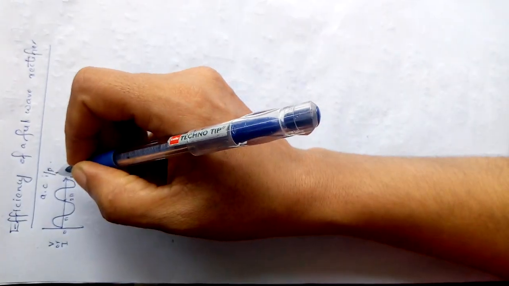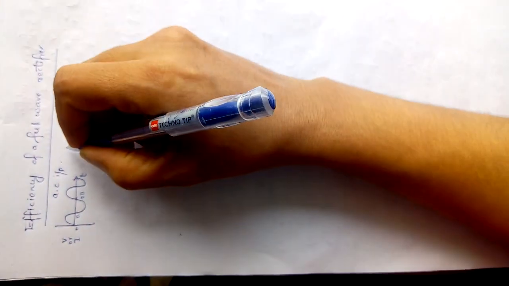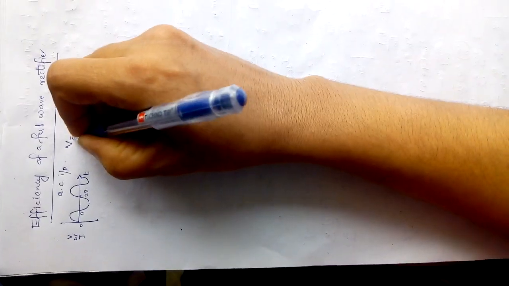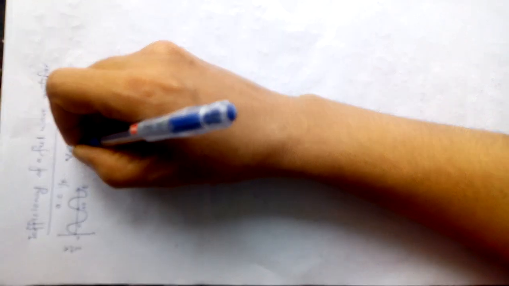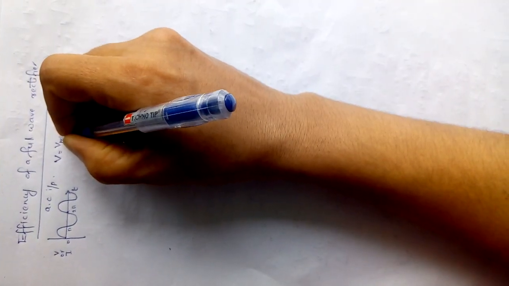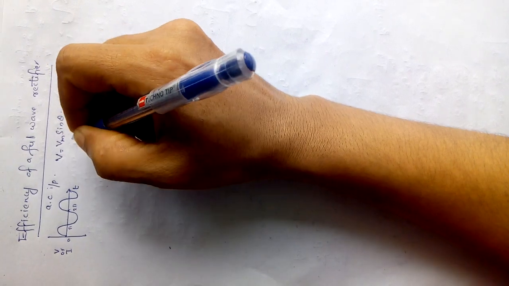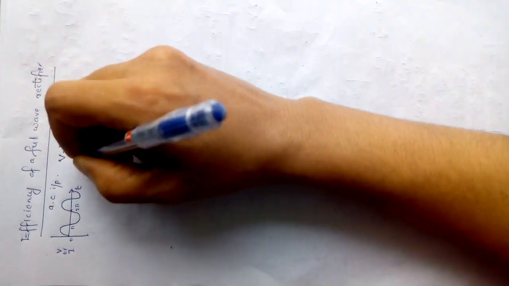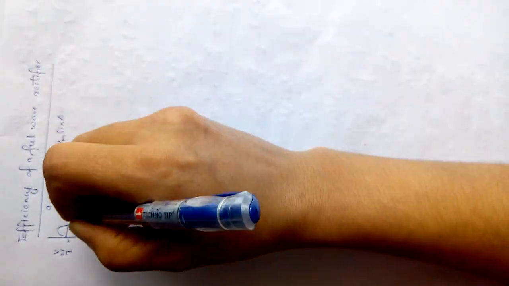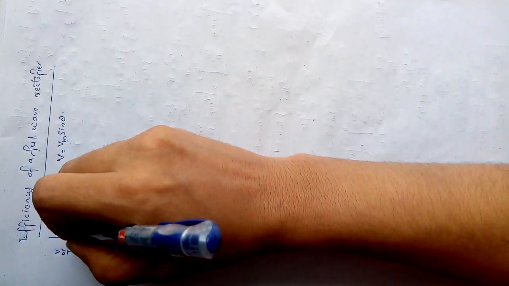negative half cycle. Since it is a sine wave, an alternating current or voltage can usually be expressed as a sinusoidal wave, and the expression for that voltage will be like this: V is equal to Vm sin theta, where Vm is the maximum value of the voltage. In the case of a wave, we call it the amplitude of the wave.